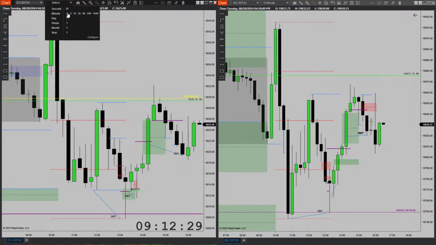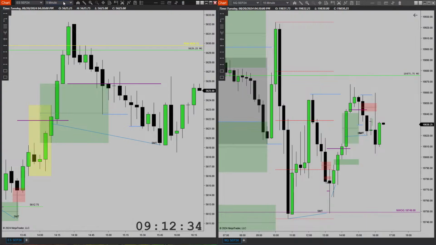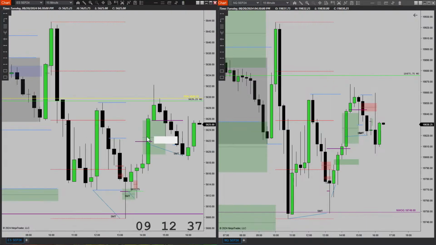Once again, I feel more comfortable trading minis on ES than I do on NQ. So I began to look for this one. As you can see here, this 15-minute swept this low here. 15-minute did not sweep this low here. Again, that's once again SMT on the lower time frame. So 3 SMTs really. 2 second stage high HTF SMTs and 1 LTF lower time frame SMT on the lower time frames.